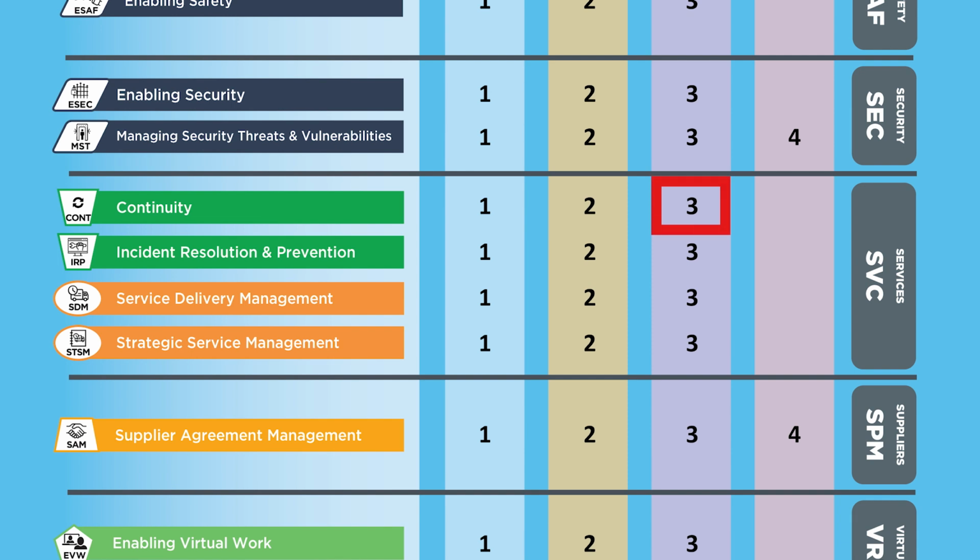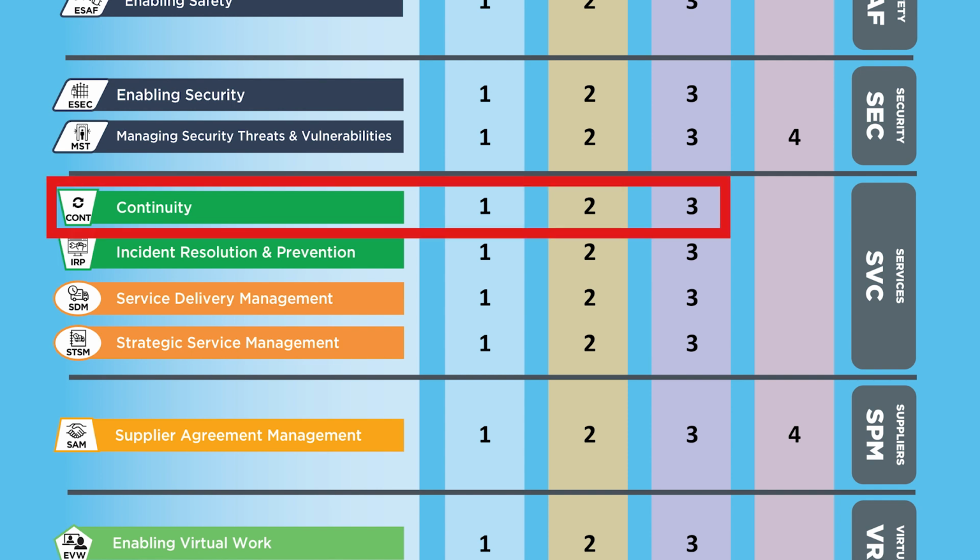Finally, at level 3, we look at providing effective continuity training to all staff as necessary, and we plan for the delivery of this training as well as analyzing its effectiveness. Continuity is an interesting practice area in that while the practices can be applied in a level 2 manner at the project or instance level for specific types of issue, it generally makes a lot more sense for organizations to perform larger continuity planning at an organizational level, since critical business functions and resources tend to be shared across the organization.